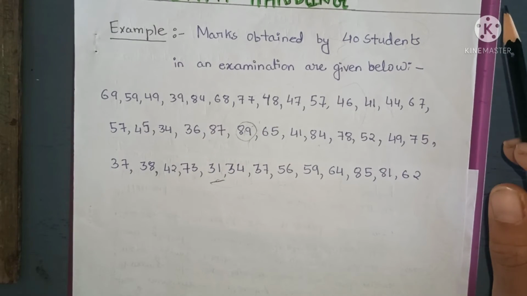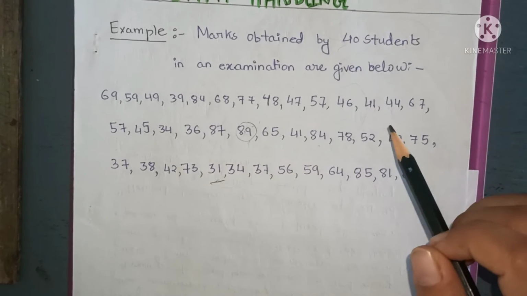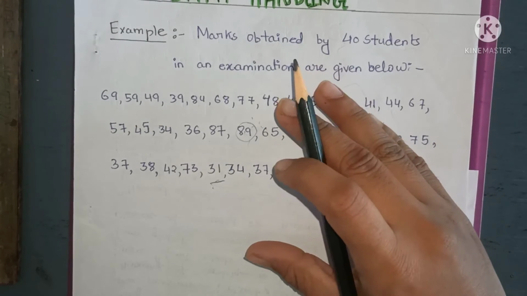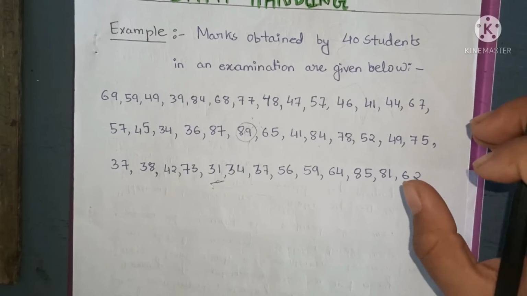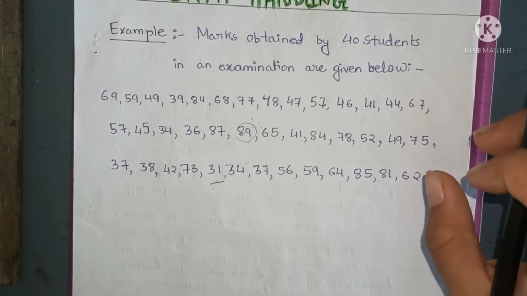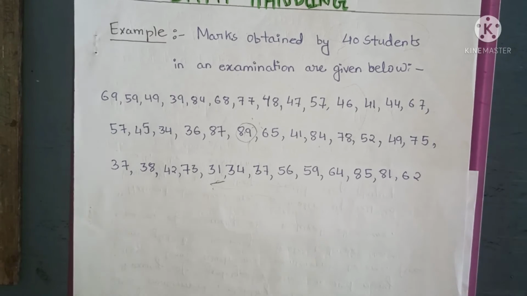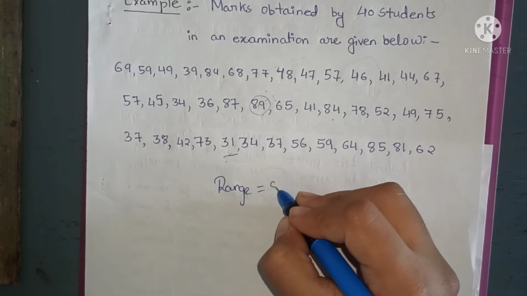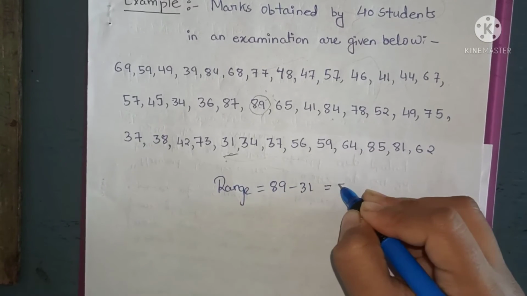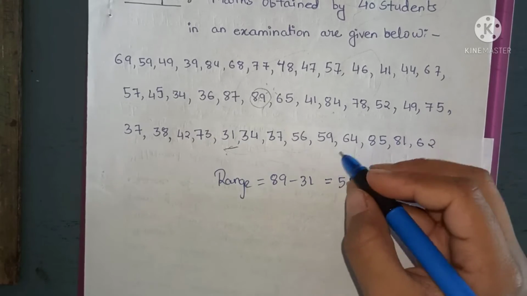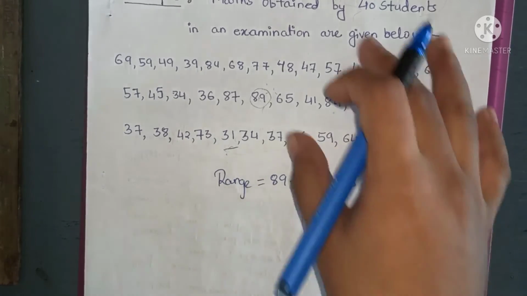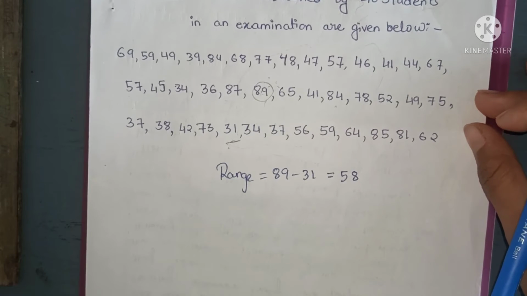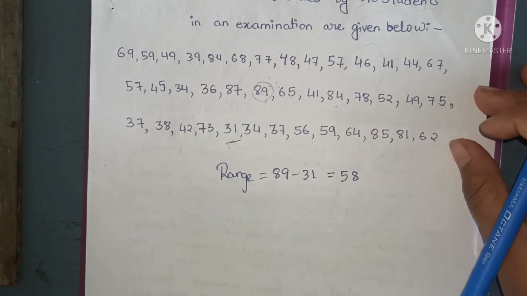So we have learned that when the raw data are in large number and the difference between the smallest and the largest number is large, then we group them into classes, that is groups. Okay. Now which type of group should we make? First of all, we will find the range. Range means we will subtract. 89 minus 31, which will give us 58. Now since 58 is a large number, we will group this data in classes. Now let us group them in classes. We will make exclusive classes.